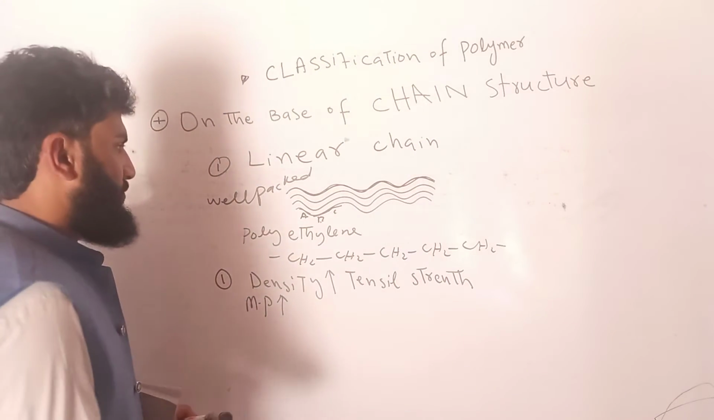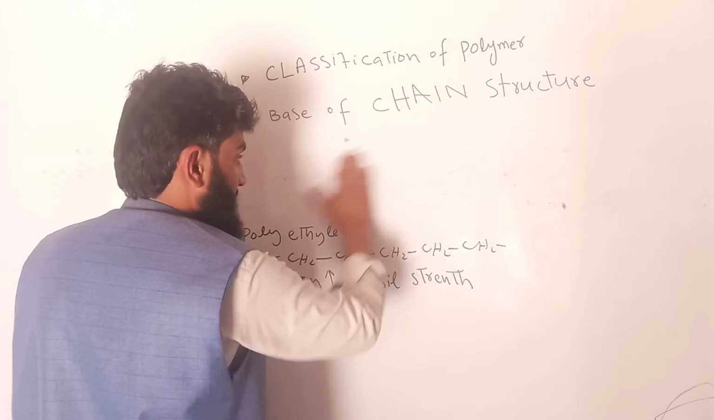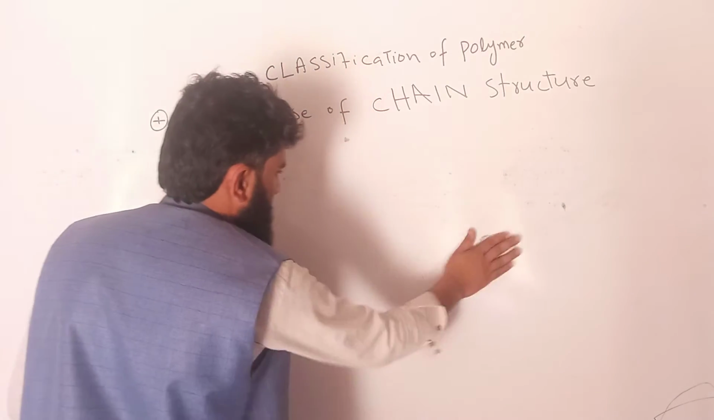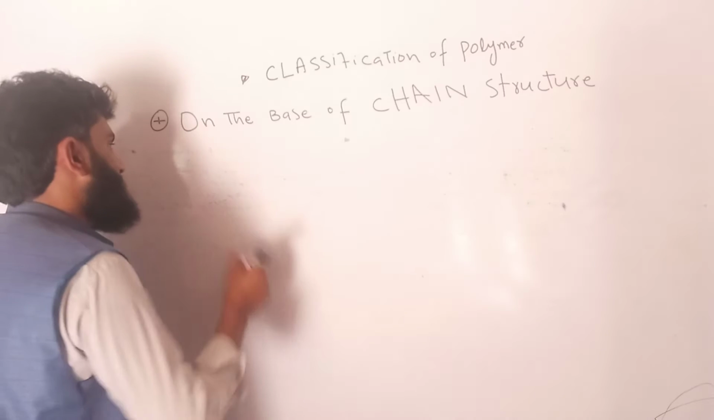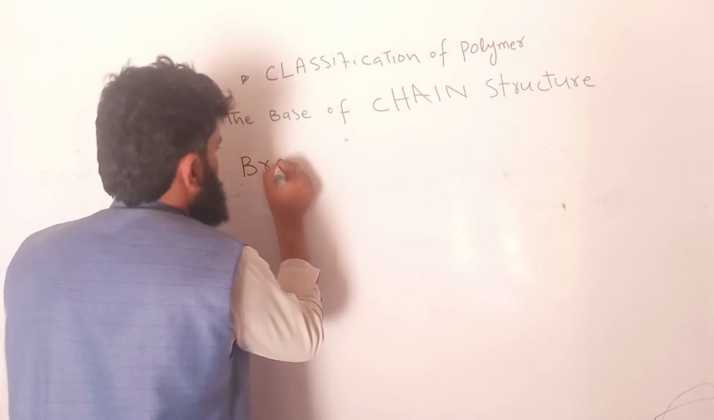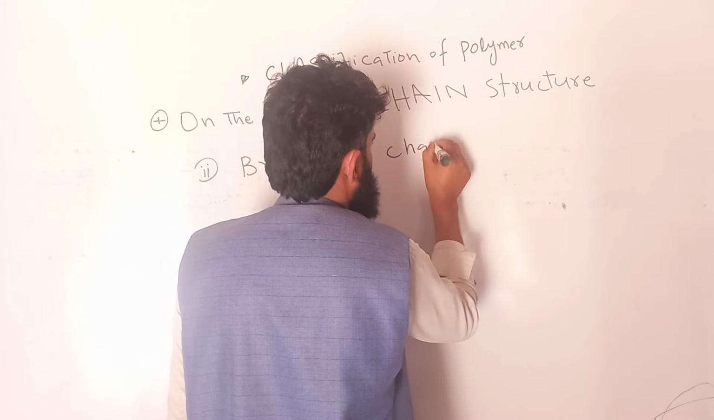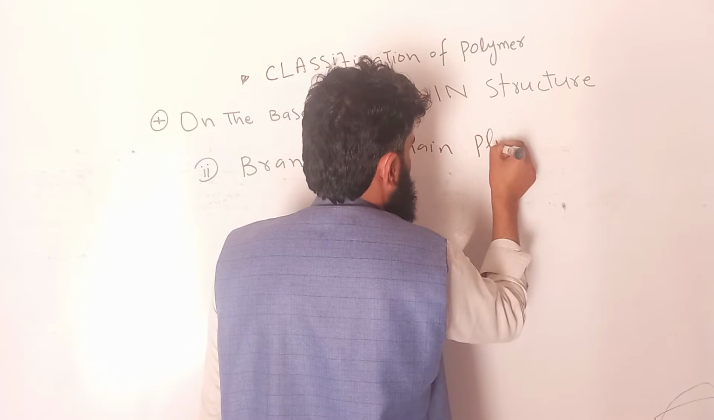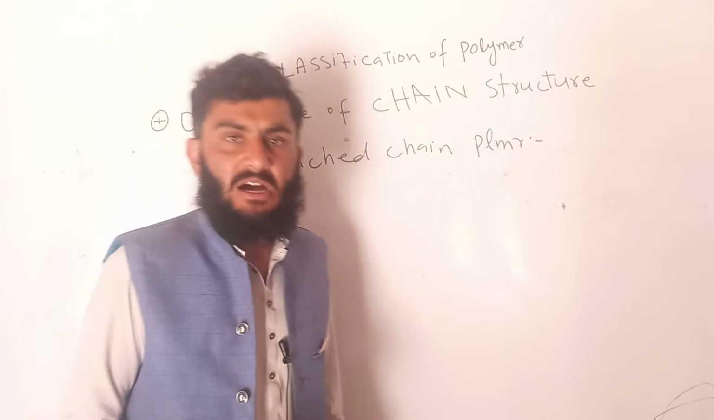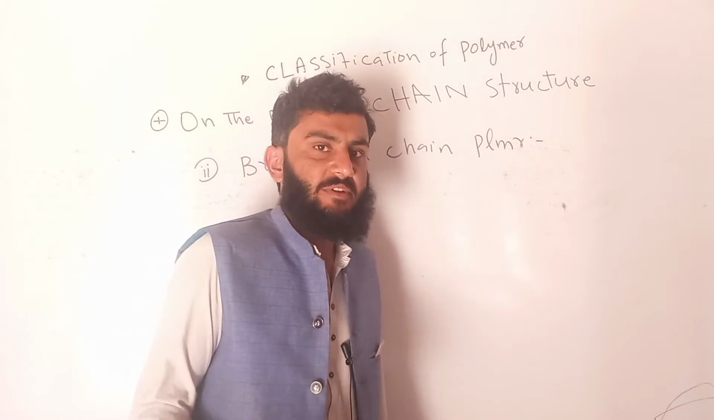So again we are going toward the next arrangement, that is branched chain polymer. The second one is branched chain polymer. So the polymer chains can also be arranged with respect to each other in a branched way. For example,